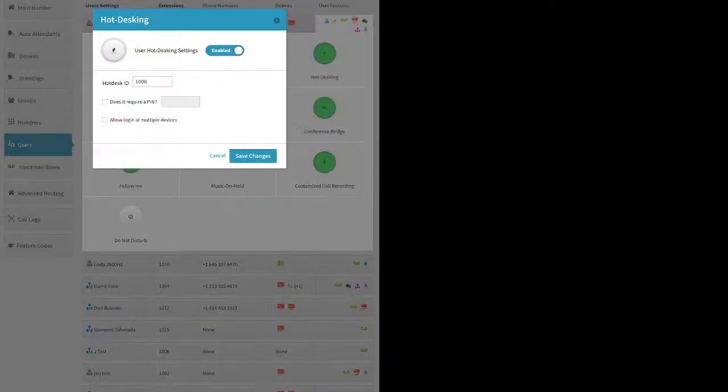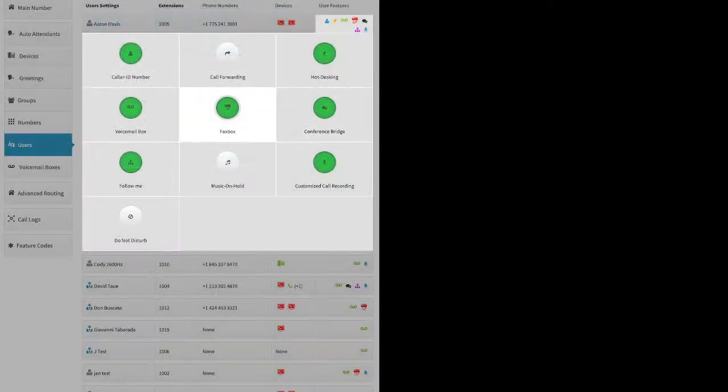Hot desking, this is a VoIP feature. Hot desk ID, I usually just say, if you're going to use it, I recommend 4-digit extensions, and then for hot desking, just use their extension number at that point. Click on Save Changes. This is good for shared office environments or hybrid scheduling, where staff members might switch desks